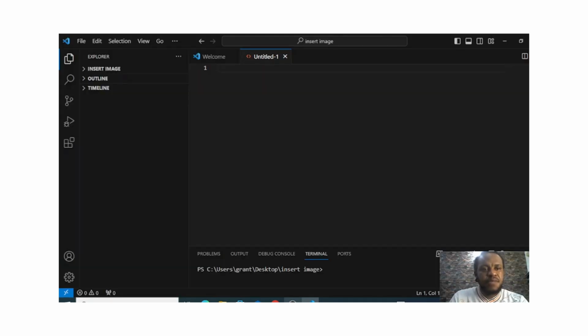My name is Grant. In today's lesson, we're going to be looking at how to insert images into our HTML documents. The reason why I want to teach this topic is that when I was actually learning how to insert images into my